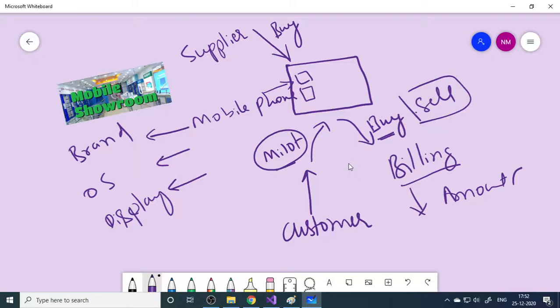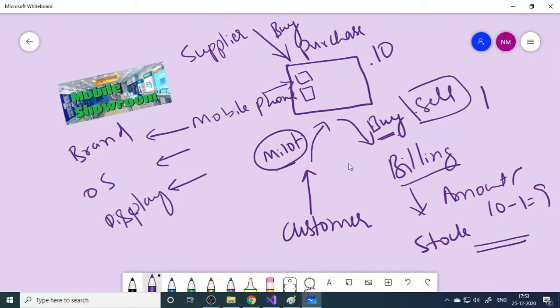When we say buy, it's a purchase. If you buy 10 quantity of this particular phone Mi10, and you sold one to the customer, then you can check the stock after sale. Therefore 10 minus 1 should give me 9. So at any given time you are able to find the balance.